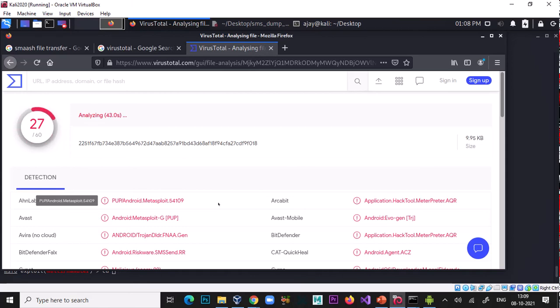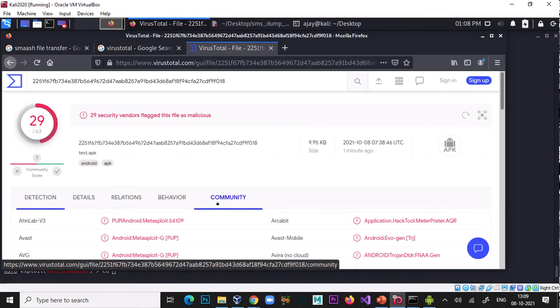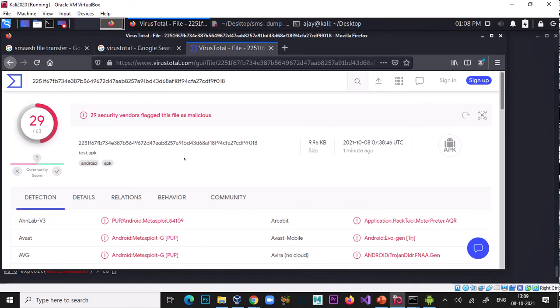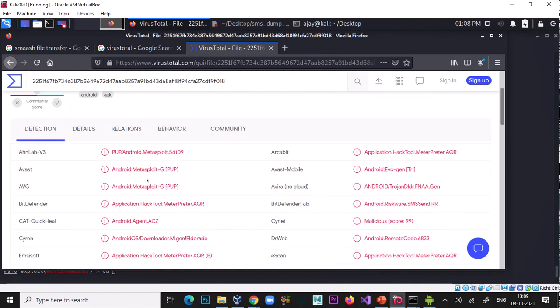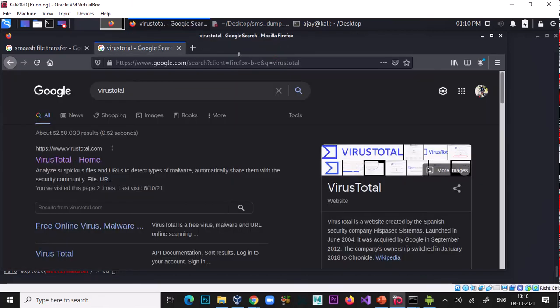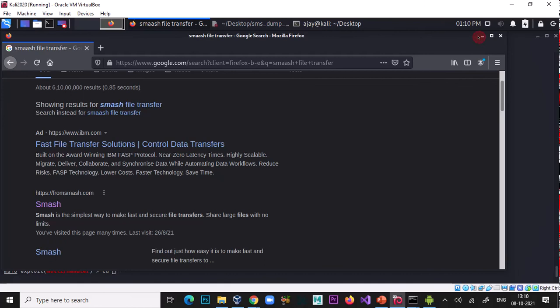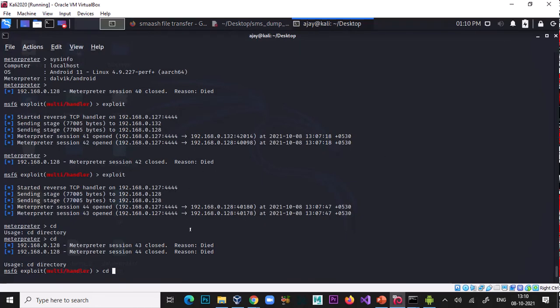And there are various techniques available to hide it from virus total, so you can easily encode that file, but this is a long process. If you add some encoder onto that apk file, your apk file is safe, and it doesn't show that this is a Metasploit or this is the Trojan. But those are lengthy processes. Here I only made this test APK for hacking any Android phone.